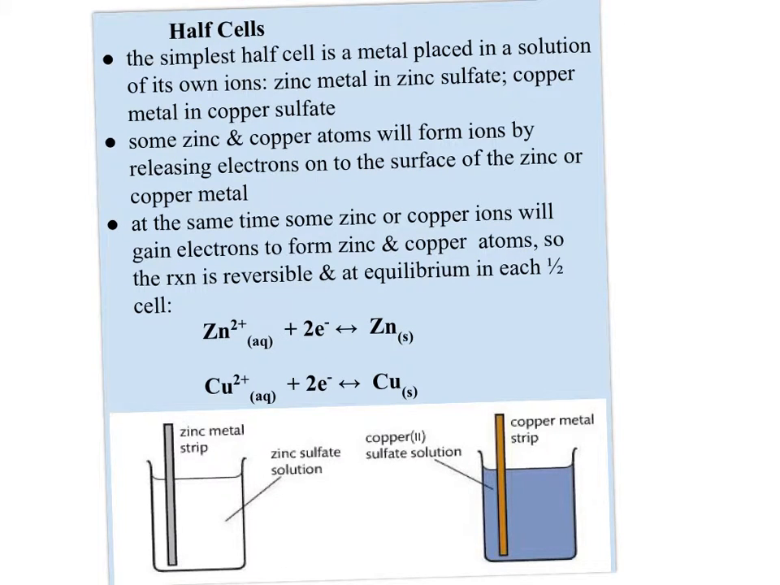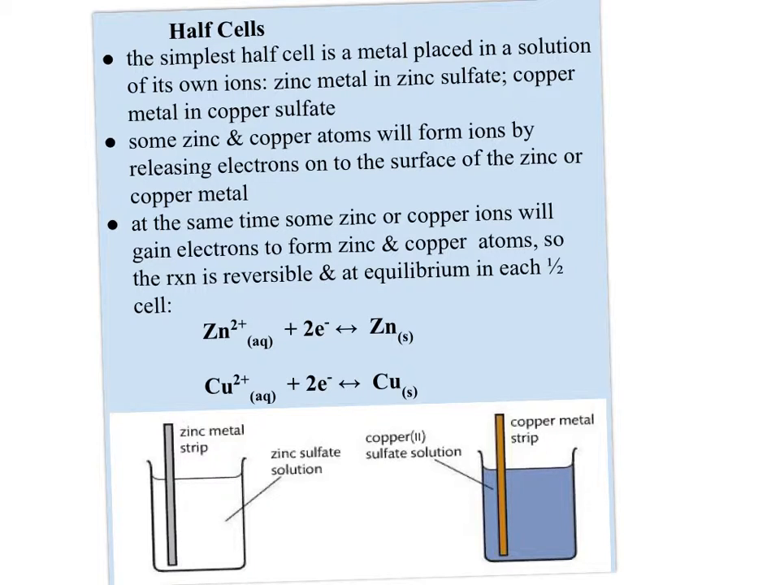So here's a picture down below of the simplest half cell, when you put a metal in a solution of its own ions. You have zinc metal in zinc sulfate and copper metal in copper sulfate. And you might be going, well, wait, I thought you said you could just put a zinc strip in a test tube, connect it with the wire to the copper sulfate. Well, it's slightly more complicated because we have to put zinc into zinc sulfate and copper into copper sulfate